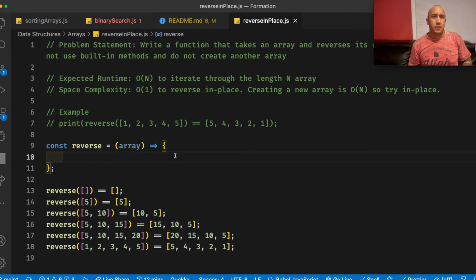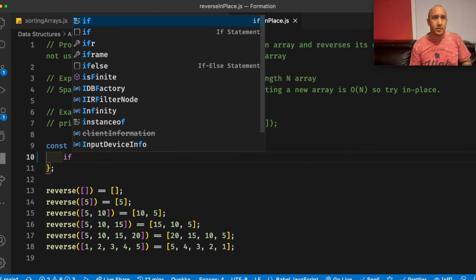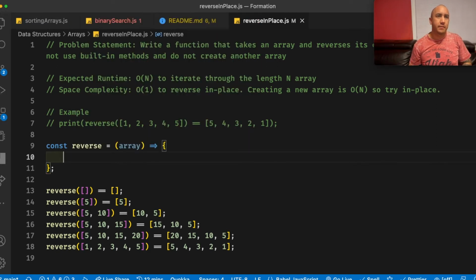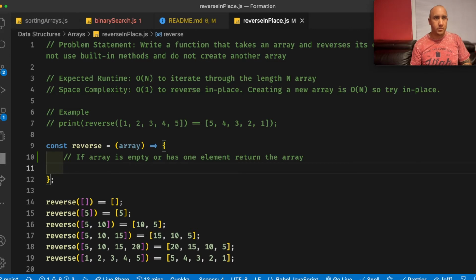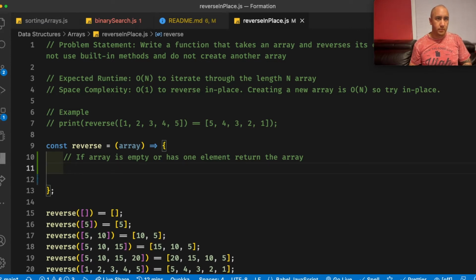So we'll go ahead and explain the approach. If we have an array that's either empty or has 1 element, we just return the array that's passed into the argument. I'll go ahead and code this one up, and then we'll go through it. Actually, arrays with a length of 2 or greater. So if array length